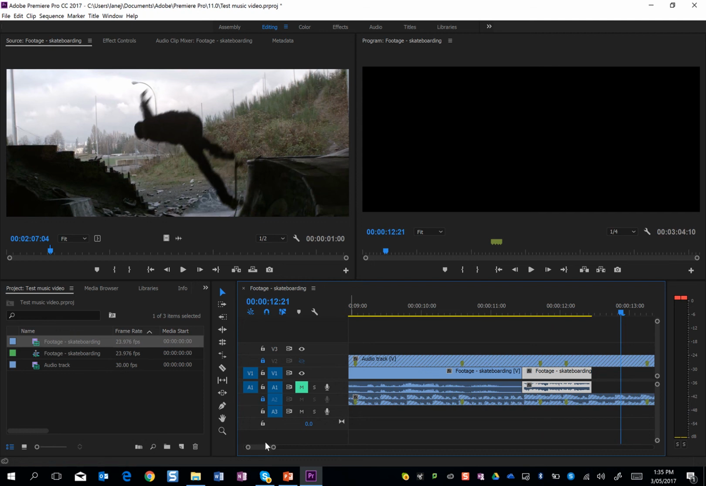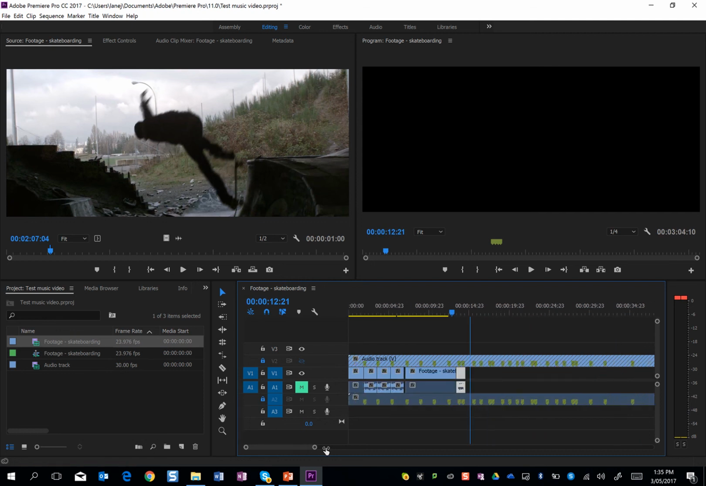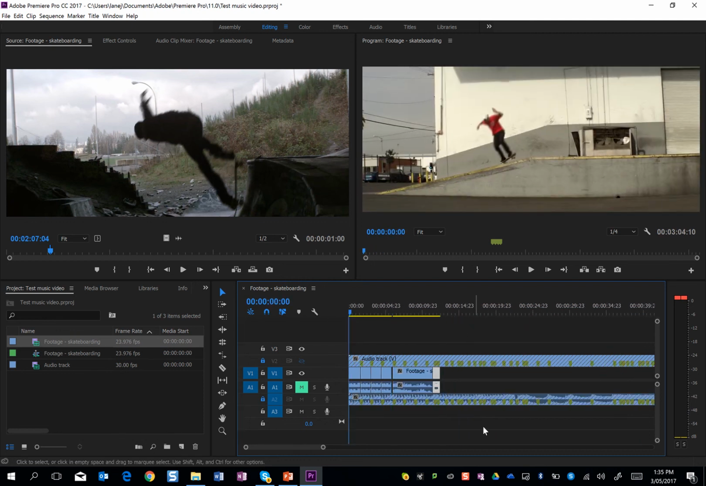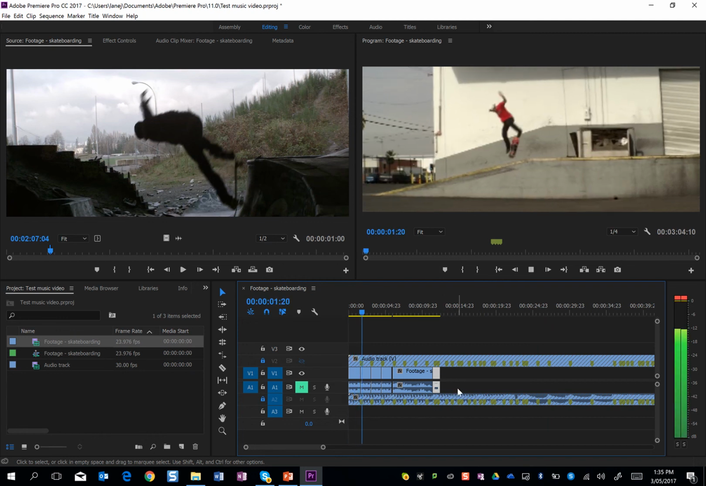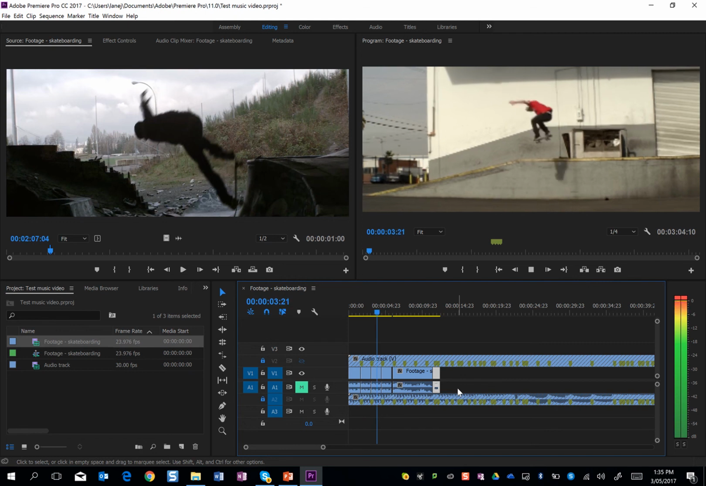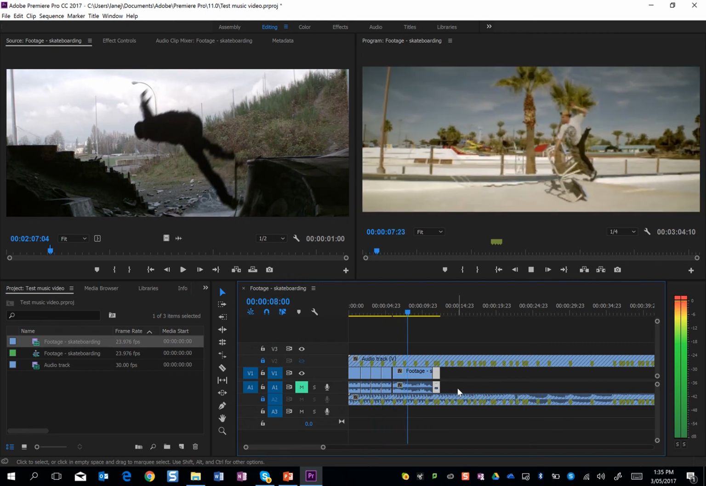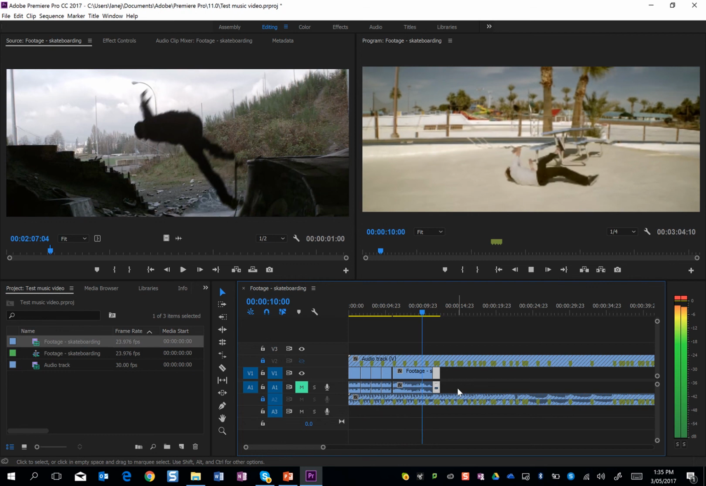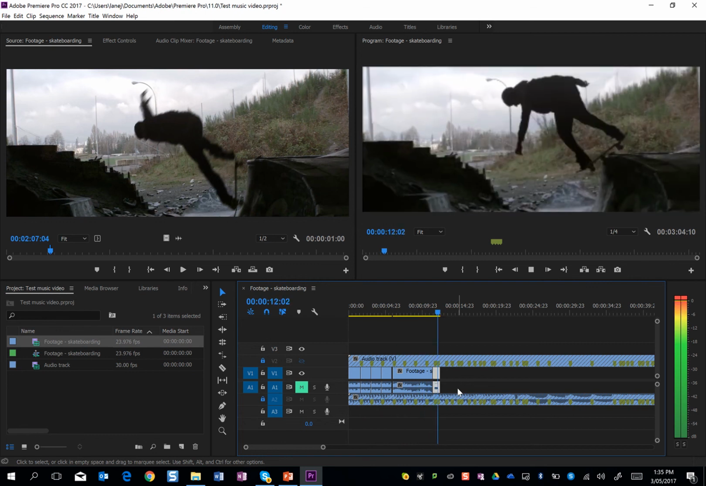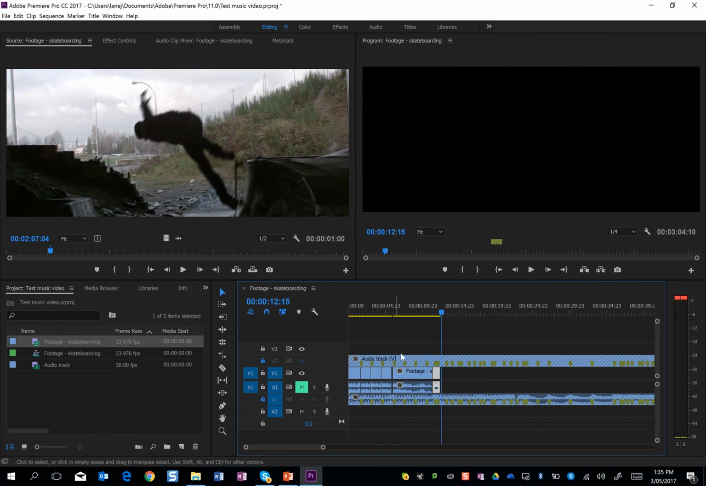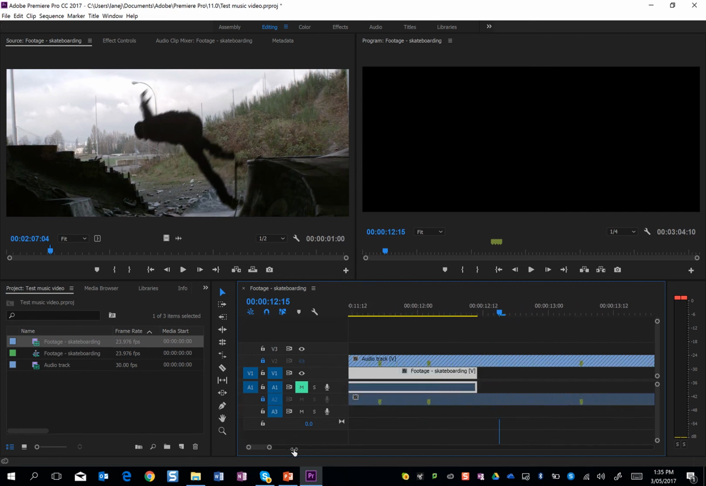Now I'm just going to zoom out and we'll just watch what I've done as a complete timeline. And this is how we build a music video which has synced footage to the audio track. And that's how it's done. The rest just takes a lot of patience, creativity and time, and a lot of zooming in on your footage